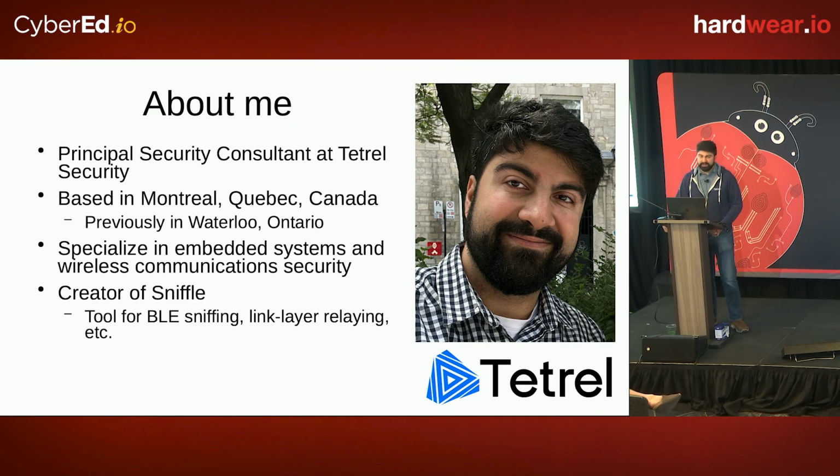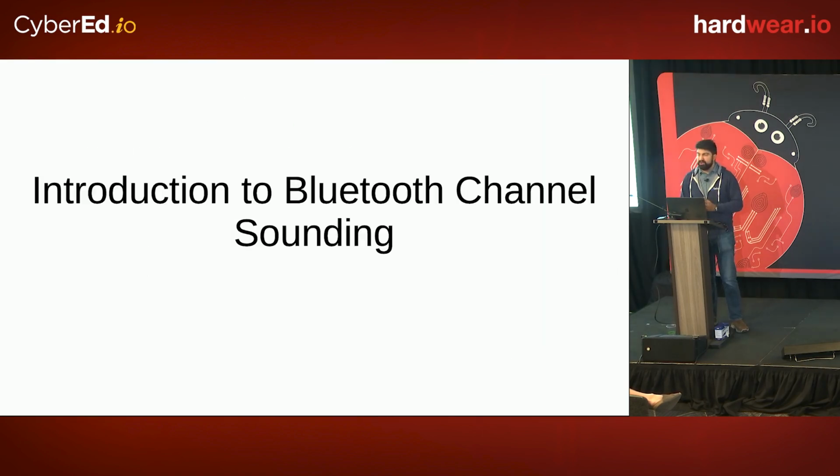Some of you may know Sniffle, which is a tool I released some years ago for Bluetooth low energy sniffing. It's all open source. Later I worked to extend it with functionality for transmission and built on top of it a tool for performing link layer relay attacks on Bluetooth low energy that allow more efficiently relaying connections with low latency and doing so in a way that works with encrypted connections where the keys are unknown. So in today's talk, I'll be going into a new feature, or a relatively new feature of Bluetooth called